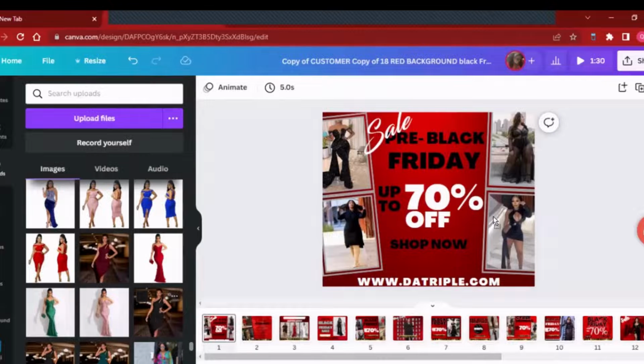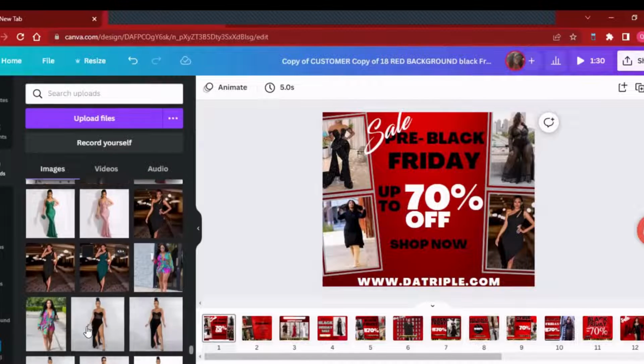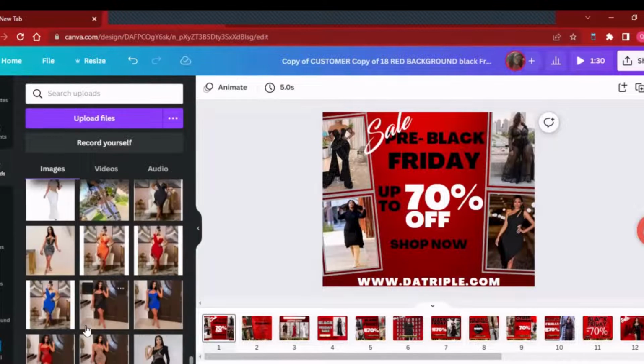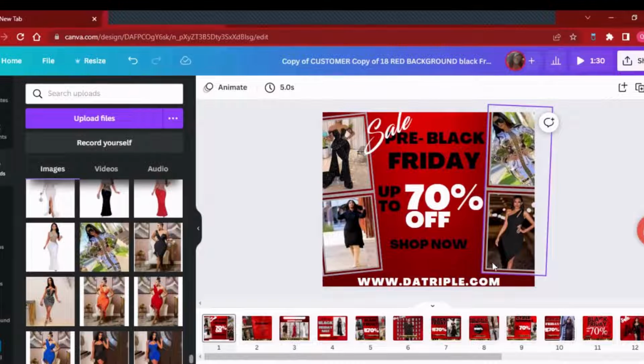I'm gonna click, drag, drop over. And I'm just grabbing them just to show you guys how it goes. I'm gonna click, drag, and drop over. Now you see how I switched out my pictures. So you can leave it just like this once you add your website to it and once you upload your